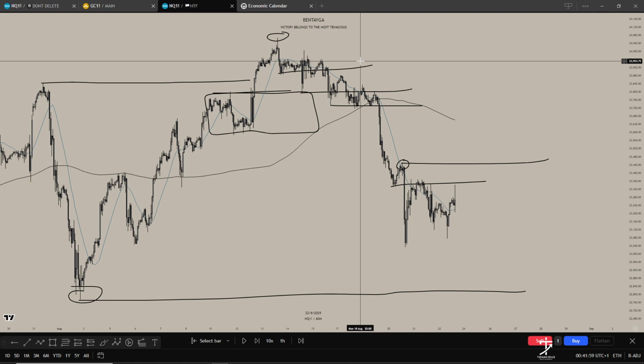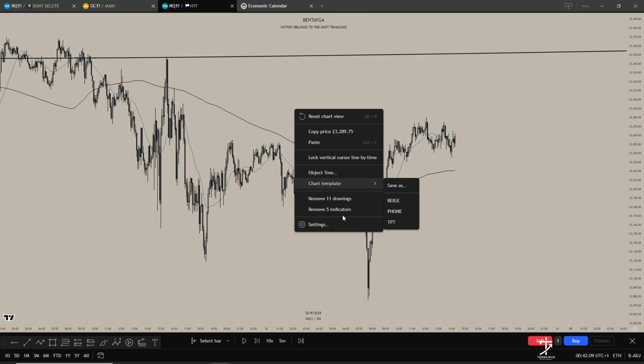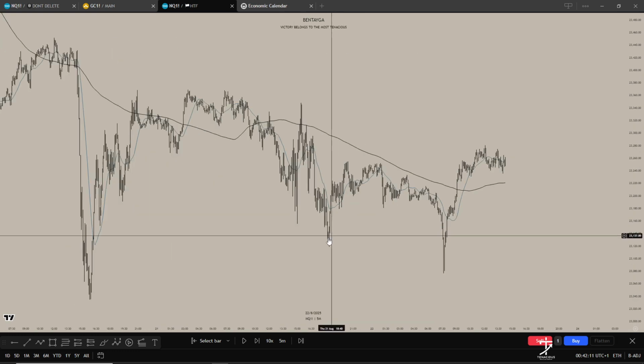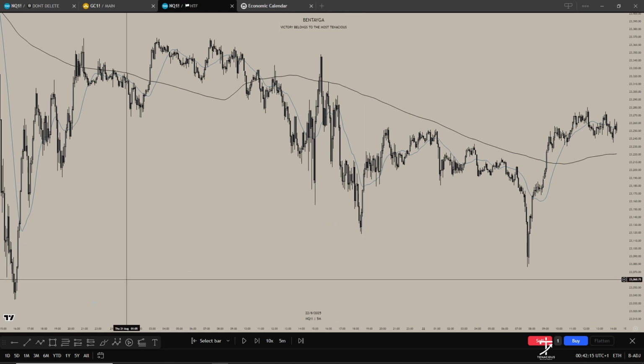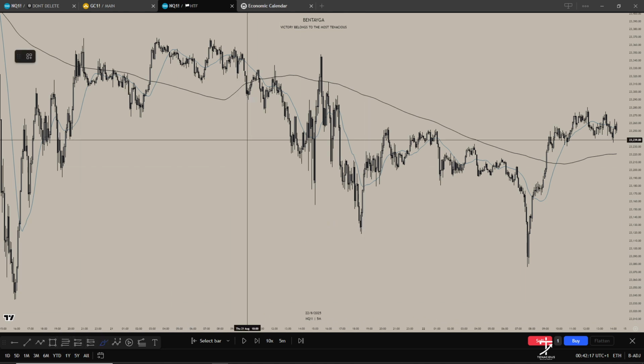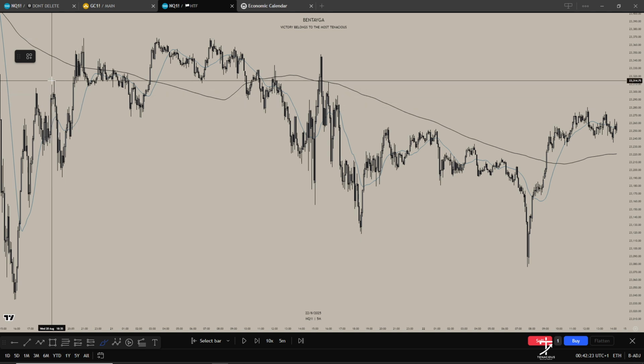However, when we go down to a low time frame, we can now use this bias and this narrative that we have created to look for potential trades. So when we go to our 5-minute chart, we can see where we have just come from. Essentially we took out this high,